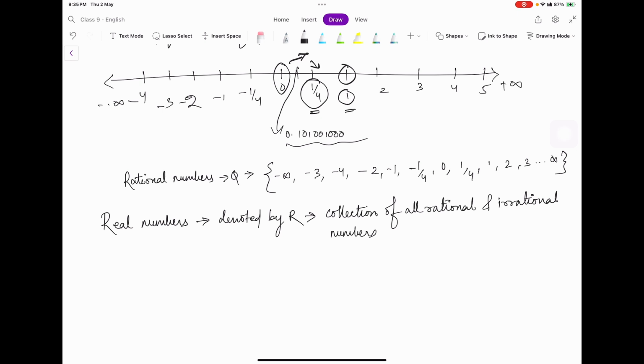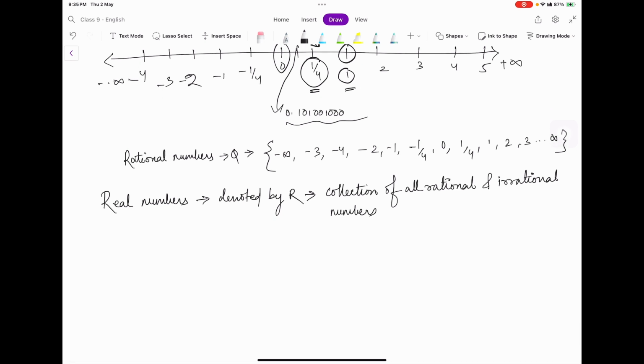All the integers and fractions were part of rational numbers. If we include all the decimals which are not rational, they are irrational numbers. If you include everything, all the numbers in the number system are included in real numbers, except one thing,